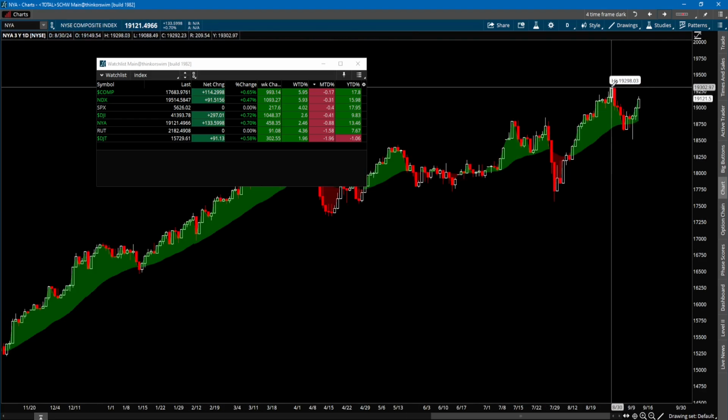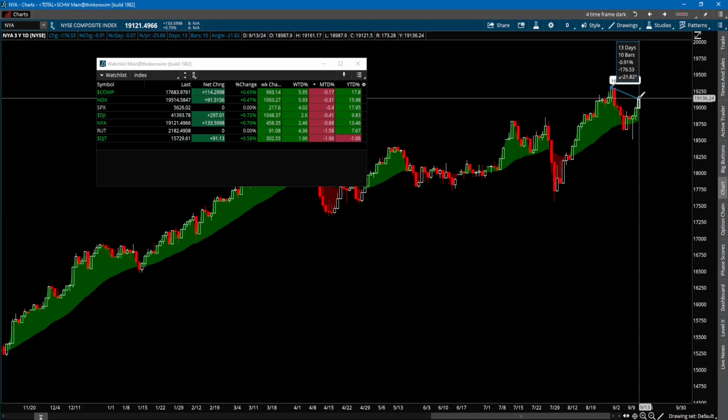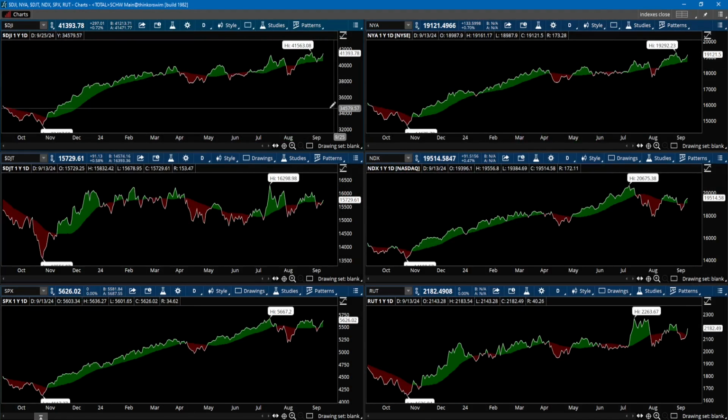And here looking at the New York Stock Exchange Composite, it also is getting back near its all-time high. Right now it's 0.9% or 176 points away. So it'll be interesting to keep an eye on this index when the S&P 500 and the Dow Jones Industrial put in a new all-time high. We want to see whether this index would be confirming those all-time highs. And looking at the chart of the indexes, notice all the indexes are above the 30-period moving average cloud. They are all in the green.